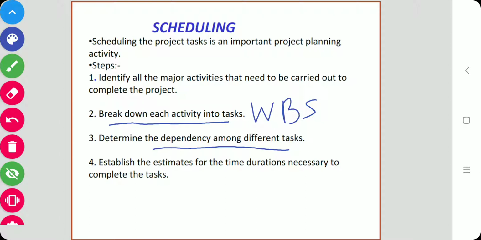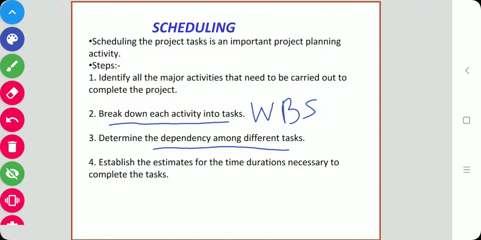For example, activity A requires the result of another activity B. So then activity A must be performed after B. So first B is performed, then A is performed. So that is the dependency, which gives the partial ordering among the tasks. And each task may precede a subset of other tasks.